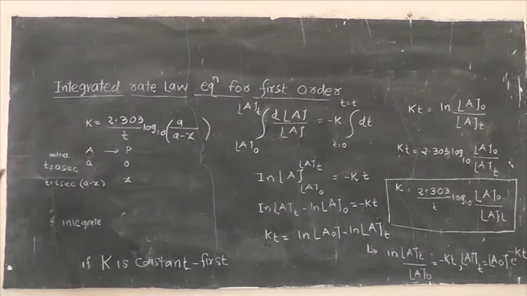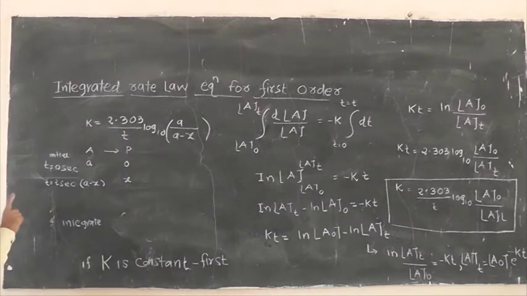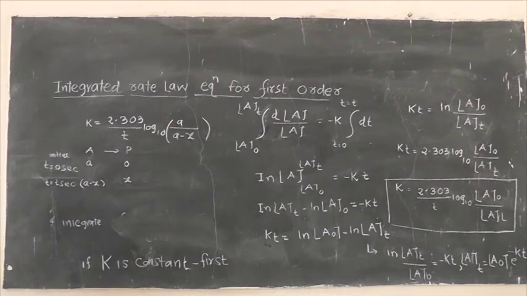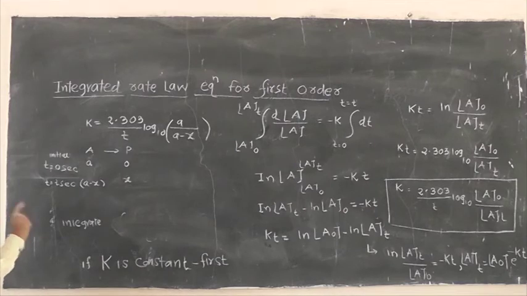Therefore, this sometimes makes it easy for the student for the purpose of calculation. So here small a stands for the initial concentration and x is the amount of product obtained at time t, and a minus x is the amount which is left behind, yet to be reacted. Even using this equation we have to calculate the value of k, and if k stays the same for different time intervals by taking the amounts of a and x, a minus x at different times, it will prove that the reaction is a first order reaction.